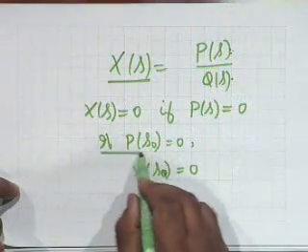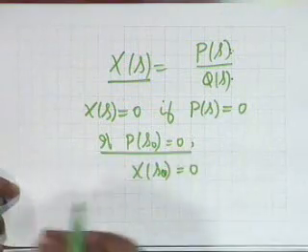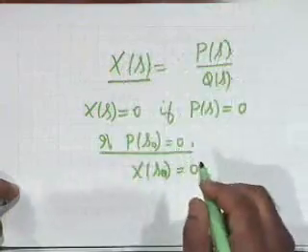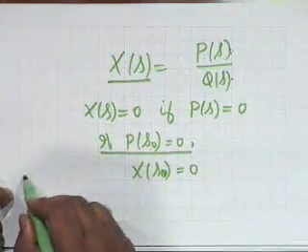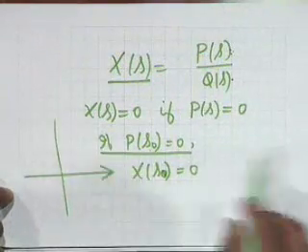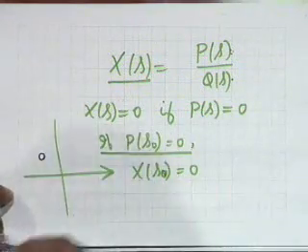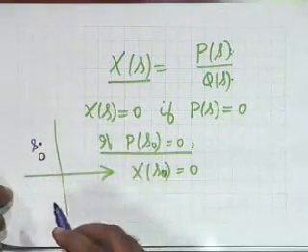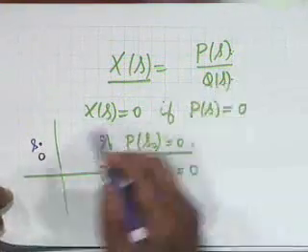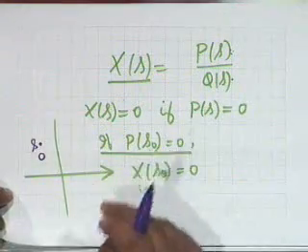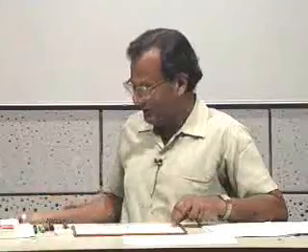Then wherever the numerator vanishes, the whole function vanishes. All right, and such points are called zeros of the function, and in the S-plane they are represented by circles like this, small circles. This is a point s0 at which the function vanishes, and therefore it is indicated in the S-plane by means of a circle. On the other hand,